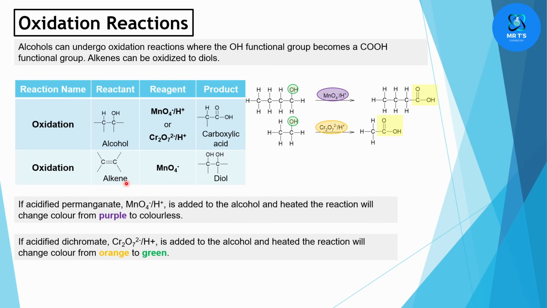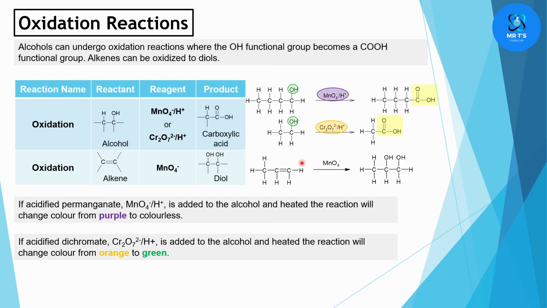Now we have another type of oxidation reaction, and that is when alkenes get oxidized. An alkene is carbons with a double bond between them. And when we add permanganate, it doesn't have to be acidified. Sometimes you'll see in questions they write down that it's acidified. It doesn't have to be. We're just adding MnO4-,